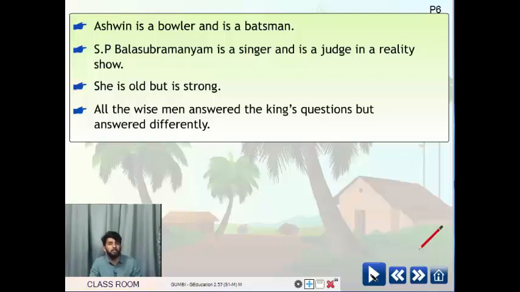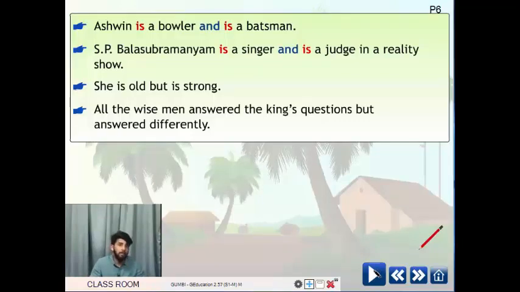All the wise men answered the king's questions but answered differently. So just observe the sentences here, children. How many verbs do we have in all these sentences? Is and is. And we have a word or the connector or the conjunction in the sentence which combines two